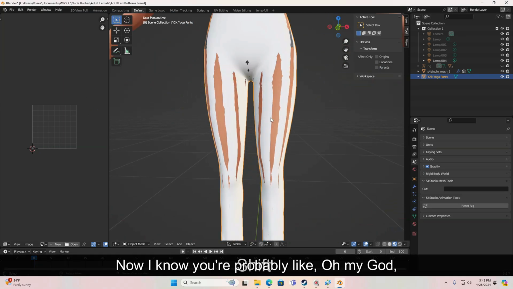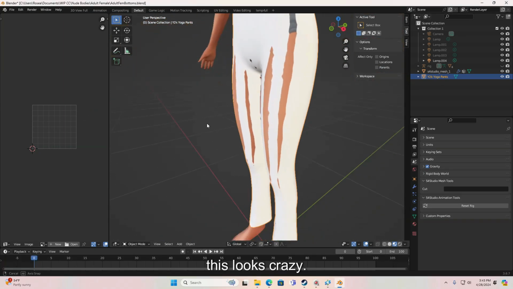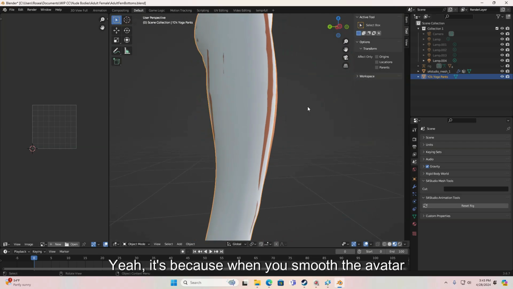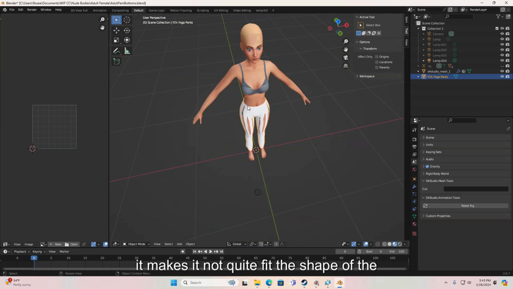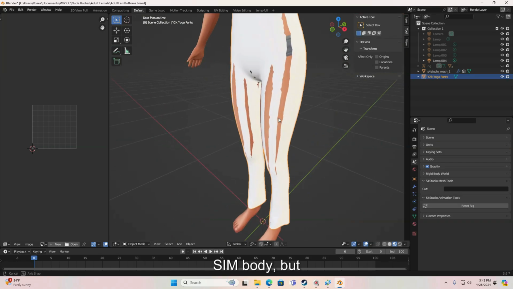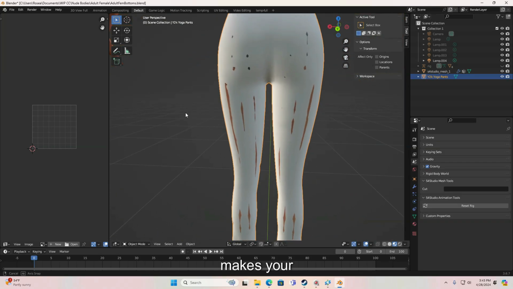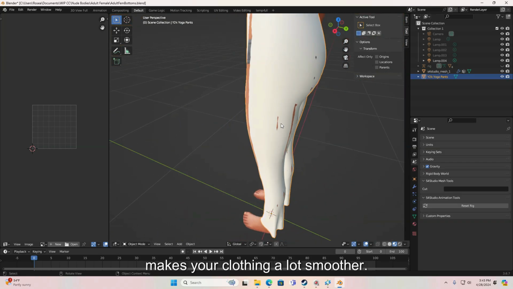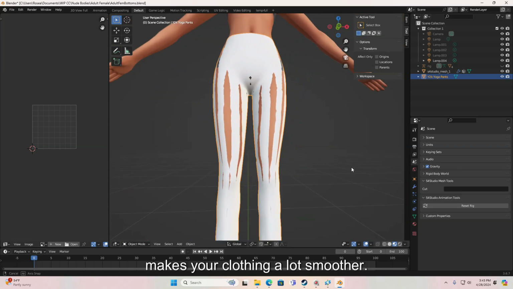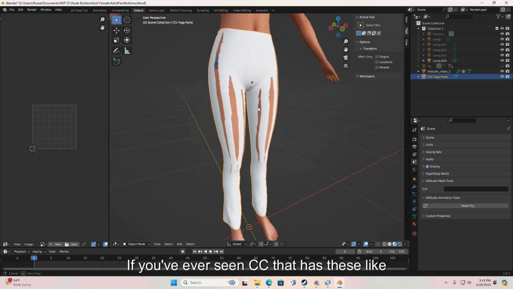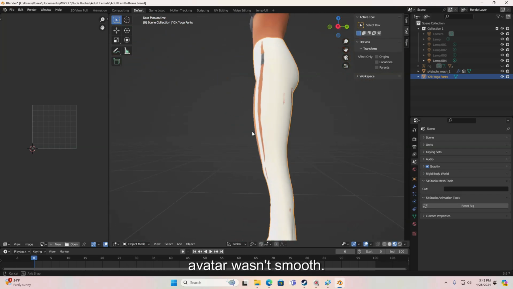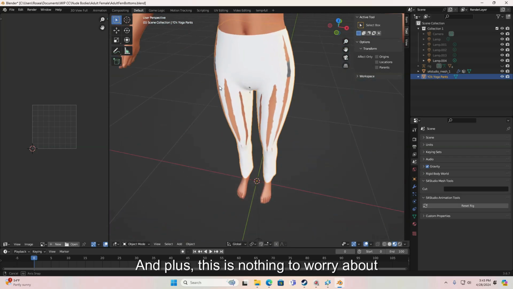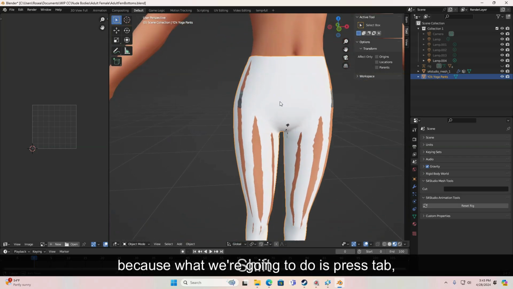Now I know you're probably like, oh my god, this looks crazy. Yeah, it's because when you smooth the avatar, it makes it not quite fit the shape of the sim body, but it makes your clothing a lot smoother. If you've ever seen CC that has these sharp lines through the legs and these sharp corners, it's because their avatar wasn't smooth. And plus, this is nothing to worry about, because what we're going to do is press Tab,